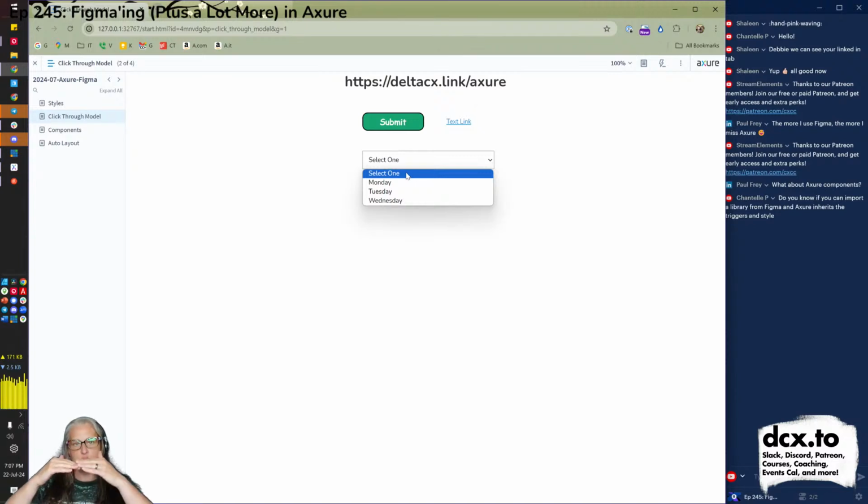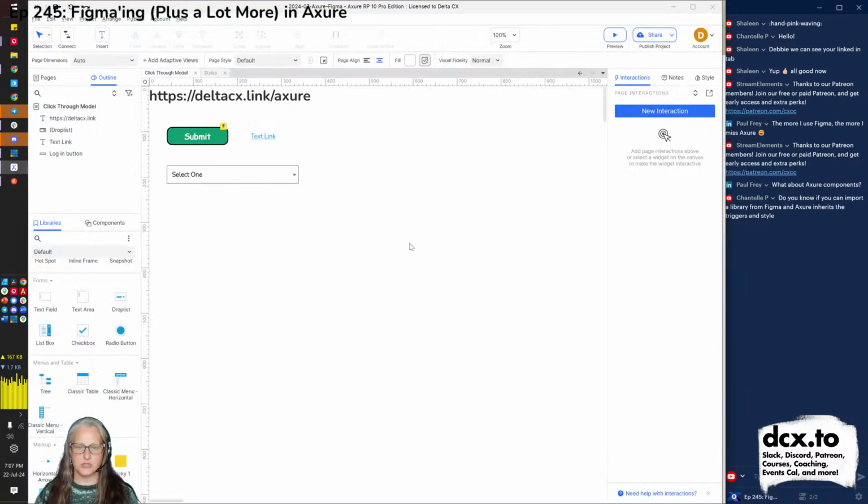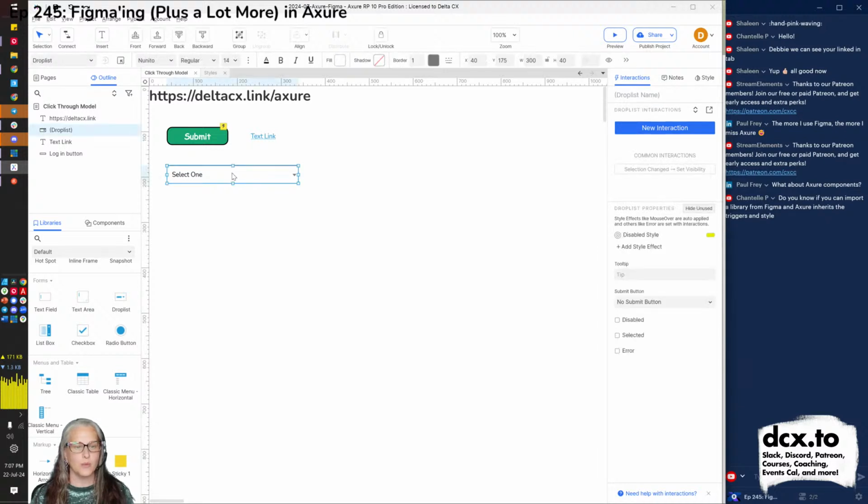I couldn't do, I don't have a lot of styling options, which is why I have a separate lesson on this, but because Axure has conditional logic, and again, this is where we start to get into a little bit of that learning curve, but if you've learned Figma's stuff, you can learn Axure stuff. Yeah, I mean, the advanced stuff in Axure takes a little bit more time, even though we'll do some advanced stuff today just for fun, but this to me is even beginner stuff in Axure. So let me show you what we can do.